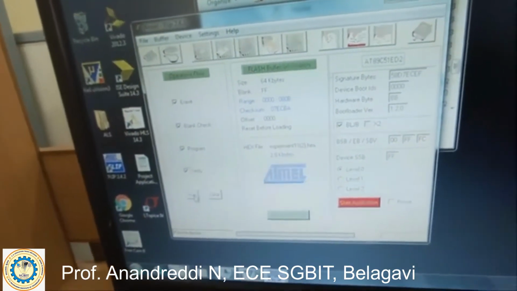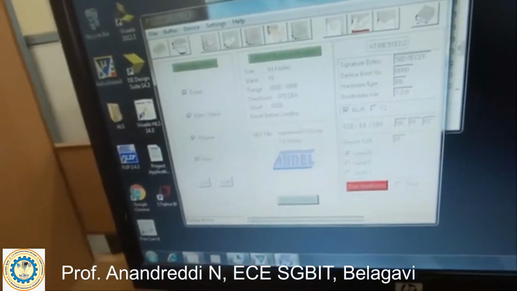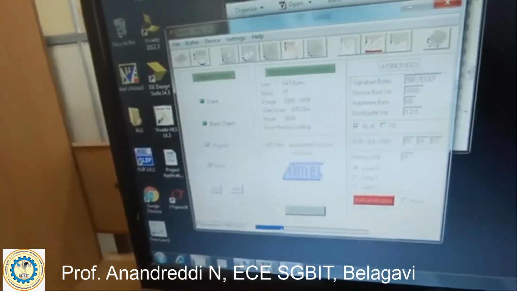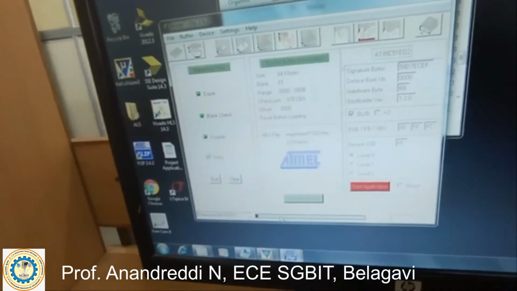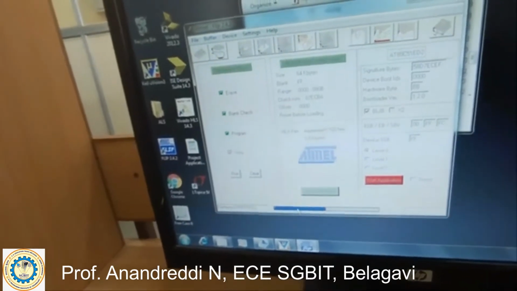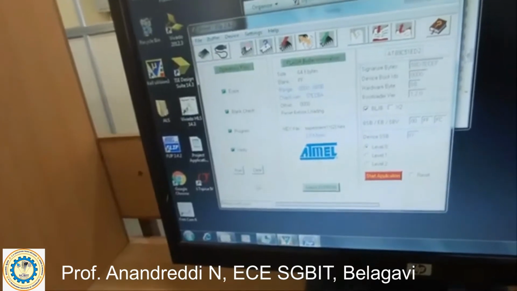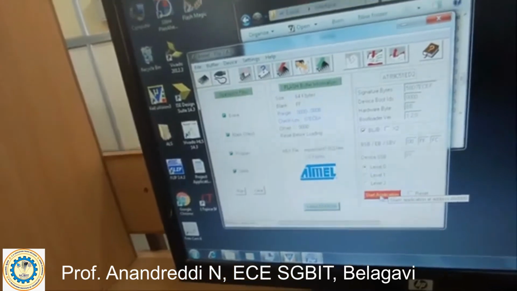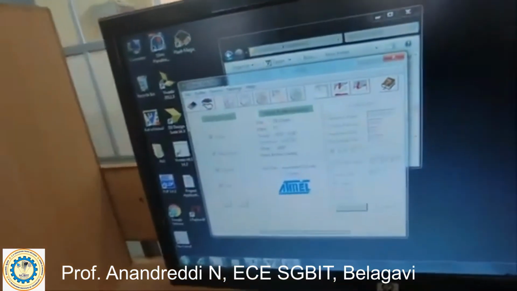Just click run once again. This will be erasing the device, and dumping the data into the code. This will take just a minute or two, loading all the data. Once it stores the data, next you have to click start application. Then we will get the window, and the color will be changed.